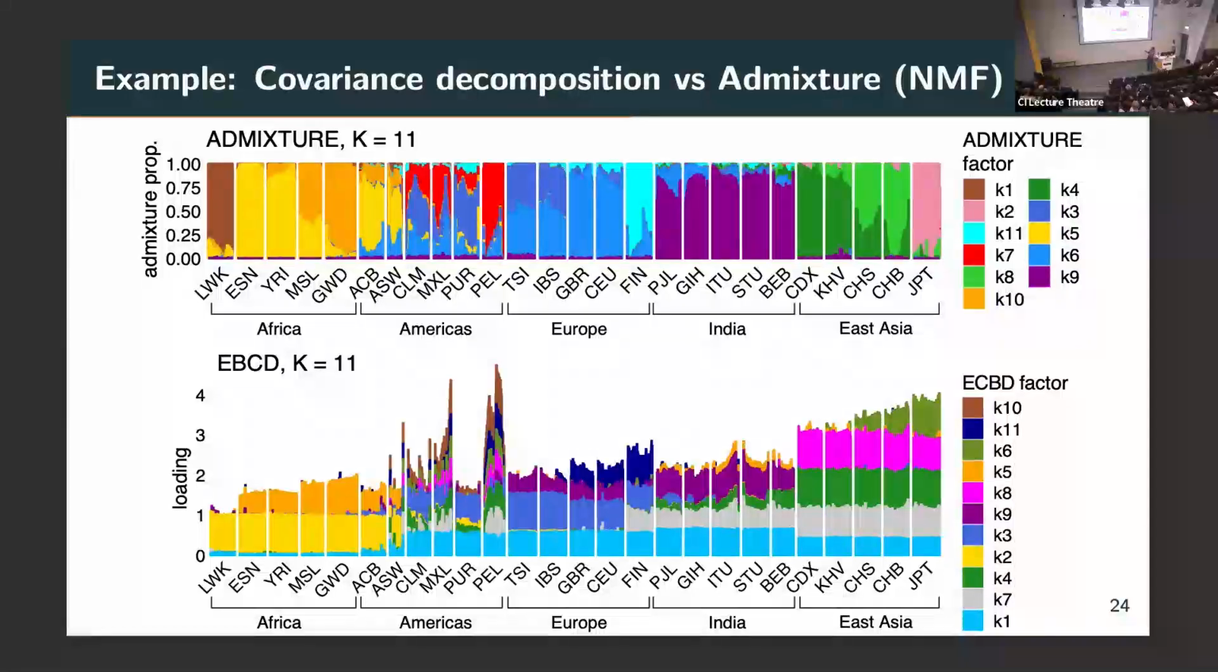So this is NMF, let's say, applied to the genotype data. And this is empirical Bayes covariance decomposition. It's a non-negative matrix factorization applied to the covariance matrix, or actually to XX transpose. So it's a bit like imposing an orthogonality constraint on the Fs. So what you see again is in this picture here,